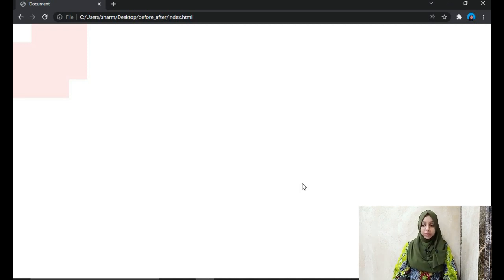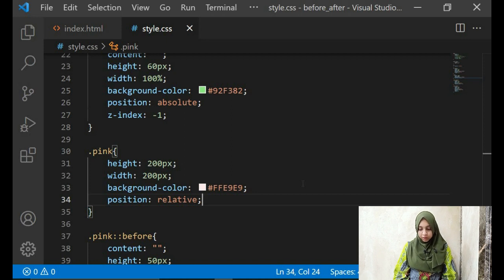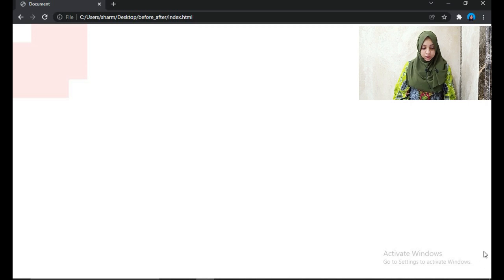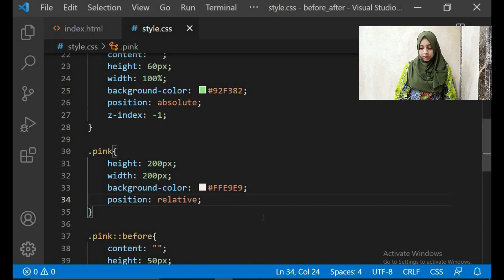Now what was happening before is, when we didn't give it a position of relative, the white color div was going relative to the entire page. So it was somewhere over here, on the right corner of your entire page. You might have understood it if your concepts of position in CSS are really strong, but if they are not, then let me just show you.